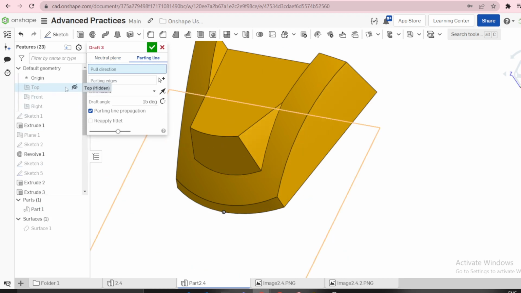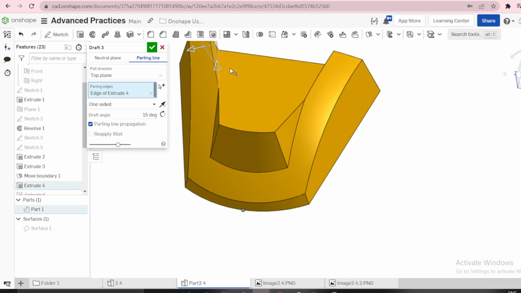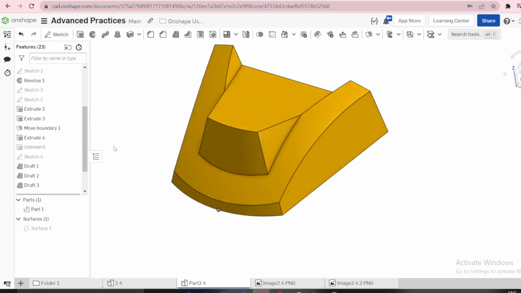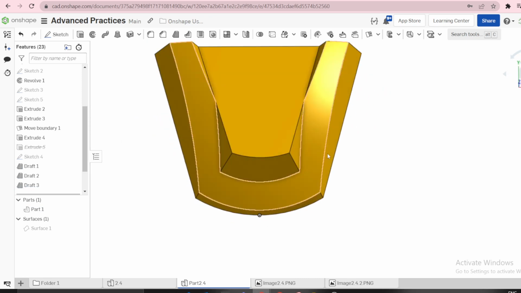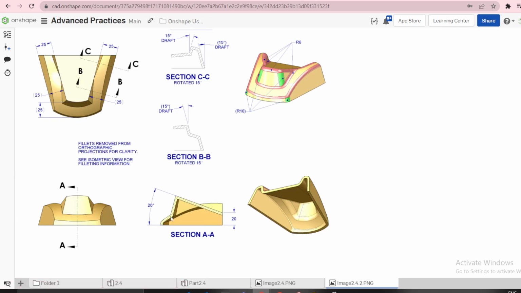I want to use top, parting line. I want to use this edge and this edge. Sometimes you have to perform different drafts to have a successful draft. You can see from top, we are now making this. You can see we have achieved this now